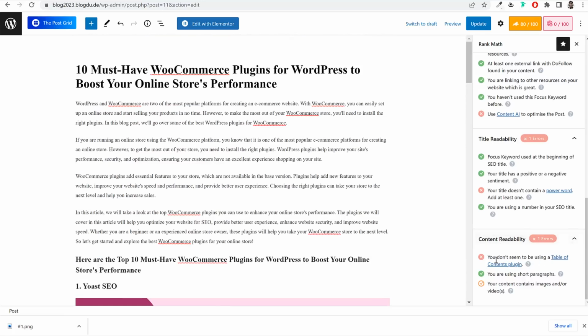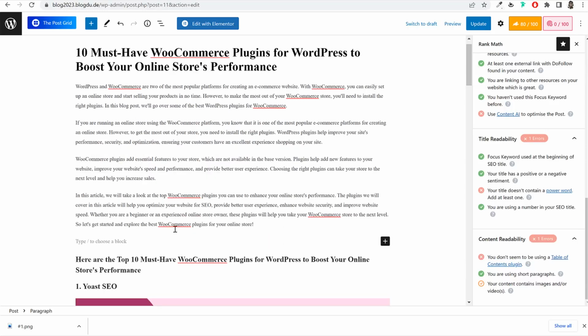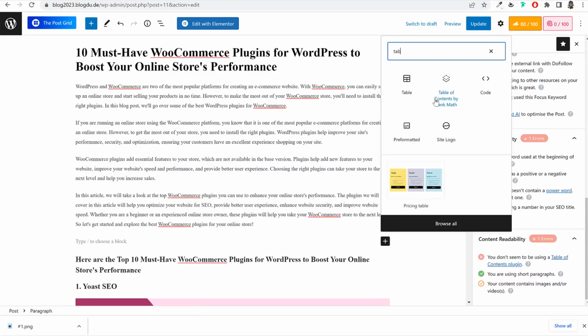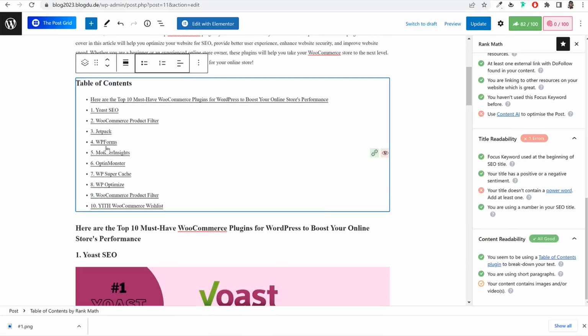Then under content readability, it says we are not using table of content. So let's see how we can use table of content. Now you should be using table of content just below your introduction. So our introduction ends over here. So I'll press enter, click on this plus button and search for table of content. Here, as you can see, table of content by Rank Math, click on that